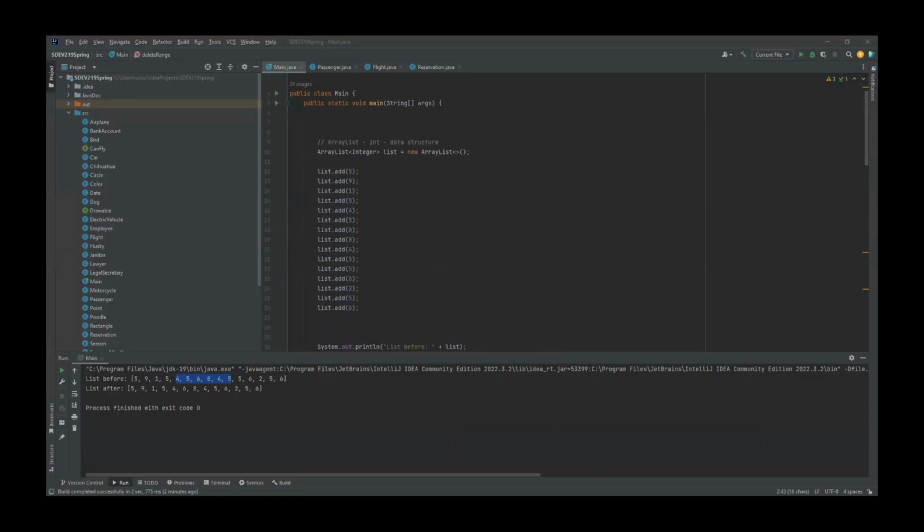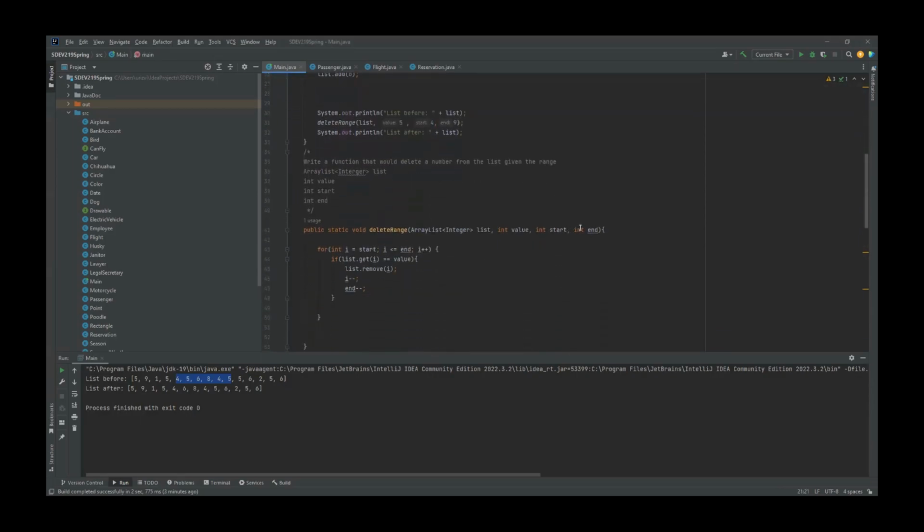Any other questions? Any other concerns? And so when we write this kind of function, we're just assuming that whoever is calling the function, the start and end range is within bounds. And we're assuming that they're not making any mistakes, so we don't get any errors. All right, so let me show